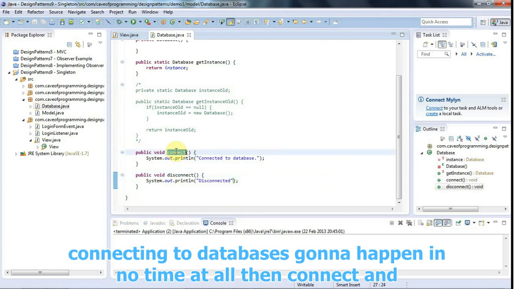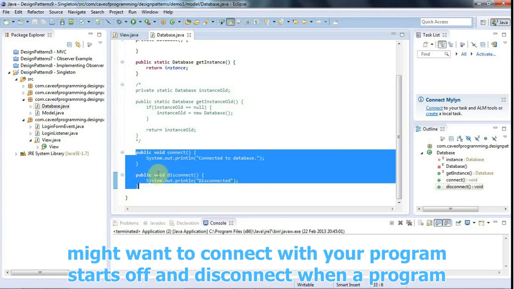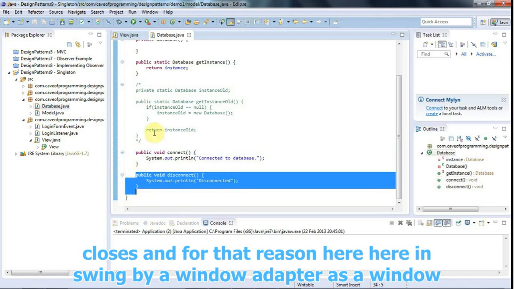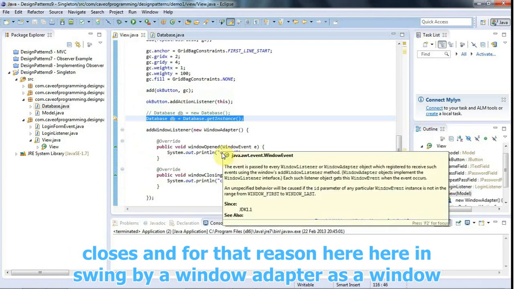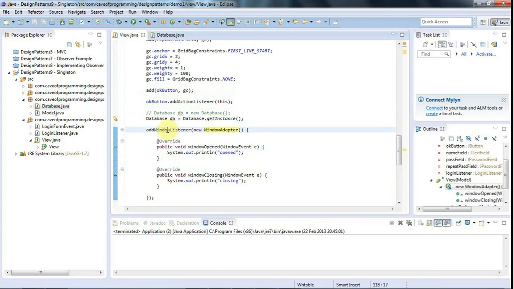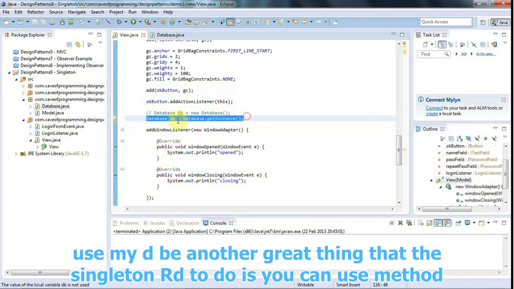If connecting to a database is going to happen in no time at all, then you may as well connect and disconnect liberally. But if you're connecting to some remote database, you might want to connect when your program starts up and disconnect when the program closes. And for that reason here in Swing, I added a window adapter as a window listener, and then when a window opens I could use my DB, but another great thing